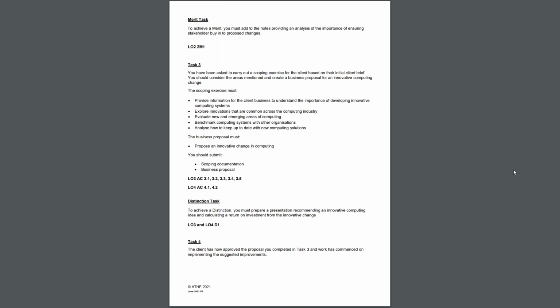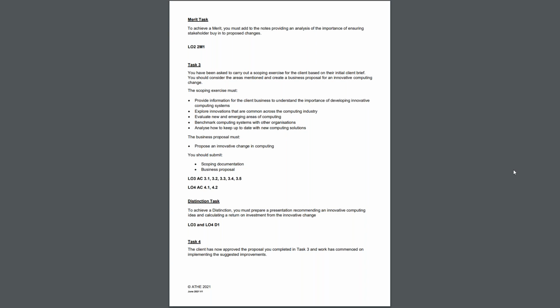So the business proposal must propose a new innovative change in computing, and you should submit scoping documentation and the business proposal. So we do have a distinction task,